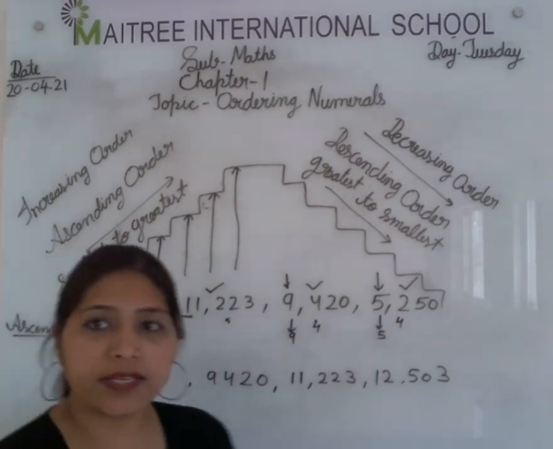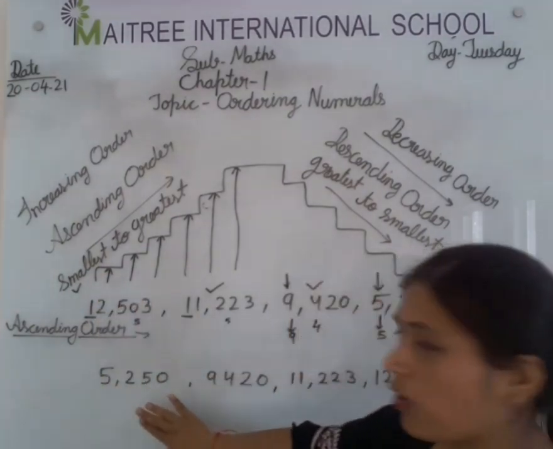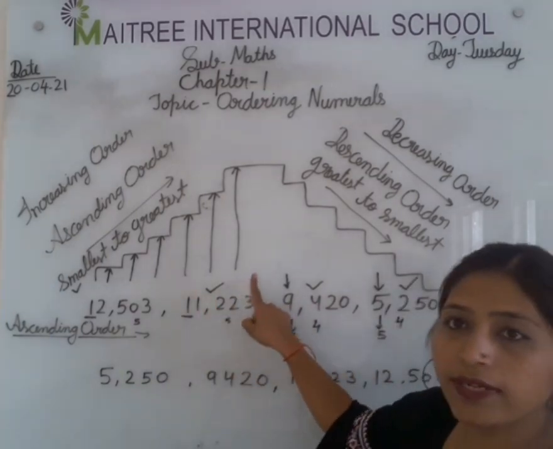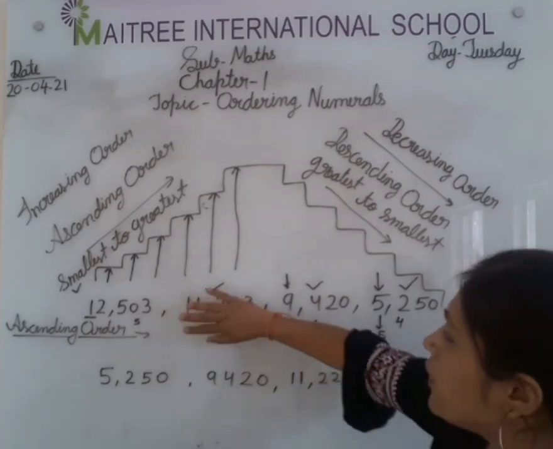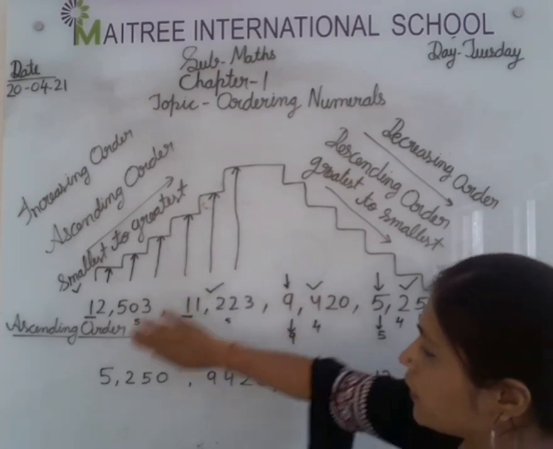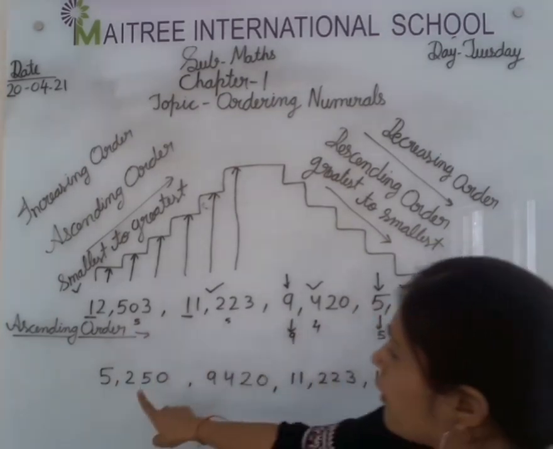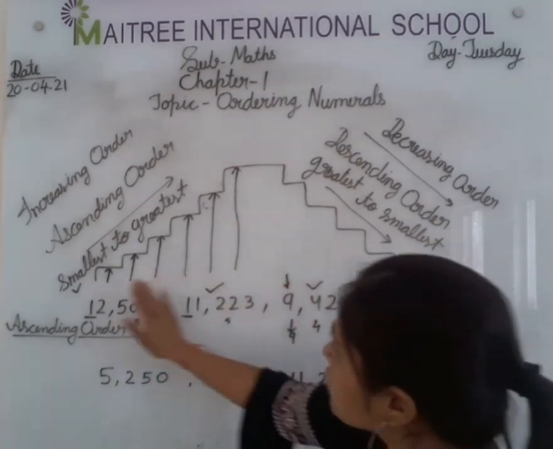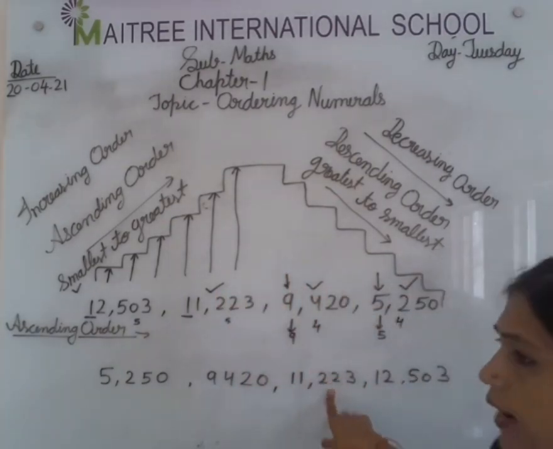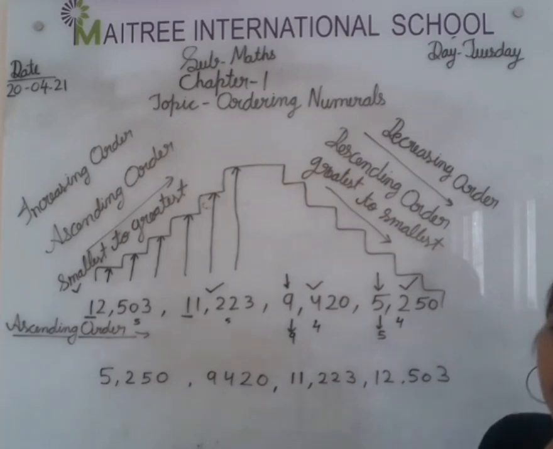Okay, when we have to arrange numbers in ascending order, you always have to find the smallest number only. आपको बस smallest number ढूंढना है, लिखना है, and you have to make a tick. Why are we putting a tick here? So that you will not be confused whether we have used this number or not. एक tick हम mark बनाते हैं जिससे हमें पता लगता है that we have written this number in the right place. Okay. So always choose the smallest number, write it here, make a tick. Then see the next smallest number, put a tick and write. Then see the next smallest number, put a tick and write, and this is the smallest number here. So in this way we can arrange the numbers in ascending order.